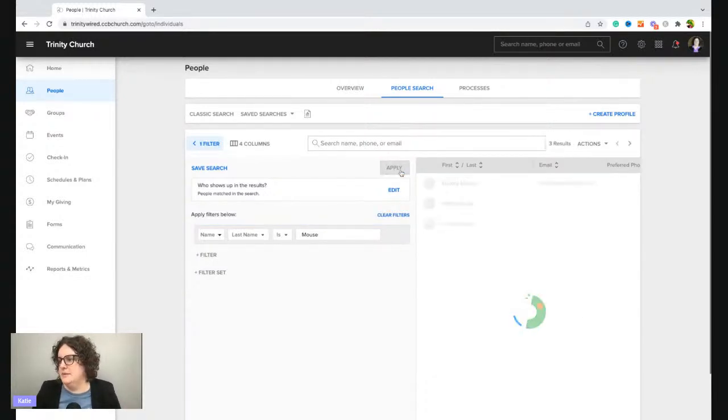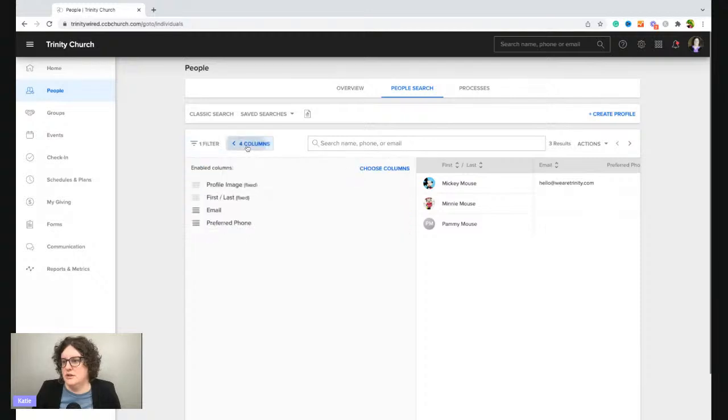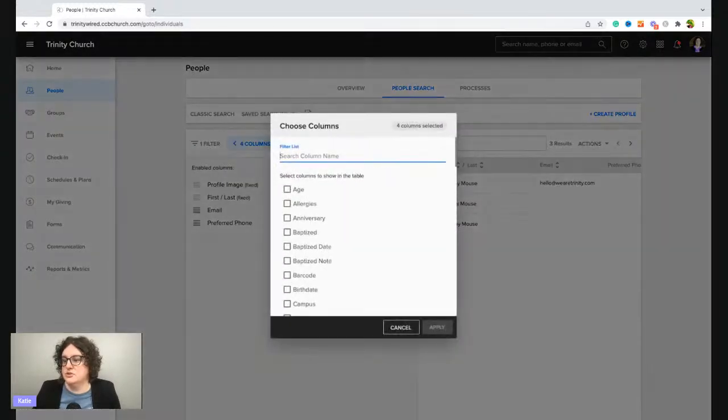So I'm going to hit apply. And then it comes up. So with searches now, you can click this four columns right here. And you can add things from their profile that you want to see. So maybe you're doing a search about baptisms. And so you're like, I actually need to know their baptism information. So you would check that. And then that would show up on the search.